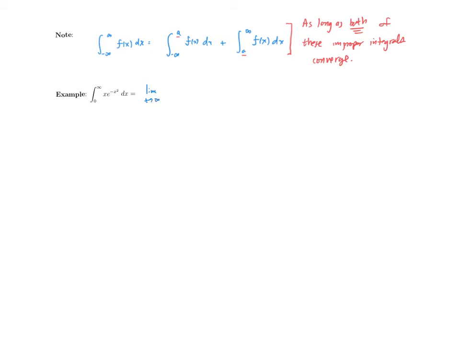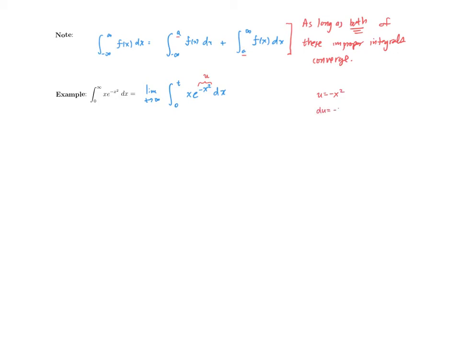So the limit as t approaches infinity of the integral from 0 to t of x e to the minus x squared. Once we've expressed this as a limit, we're going to focus in on this definite integral. Now, we're also going to use good mathematical notation, so we are going to continue writing this limit at each step until we are ready to evaluate, but our focus is on the integral. So what technique of integration should we apply? And I agree, substitution would work extremely well. If we were to simply let u be minus x squared,